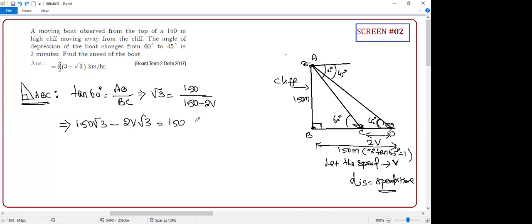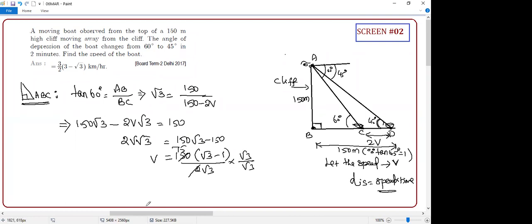Okay. So guys, this equation will return you 2V √3 equal to, you are bringing this, 150 √3 minus 150. So now you just take 150 out. It is √3 minus 1. And here V, so it is 2 √3. So you cancel this 75 and multiply it with √3, to rationalize the values. So what is the final answer? If we cancel these two, √3 will finally cancel, and it becomes 25.